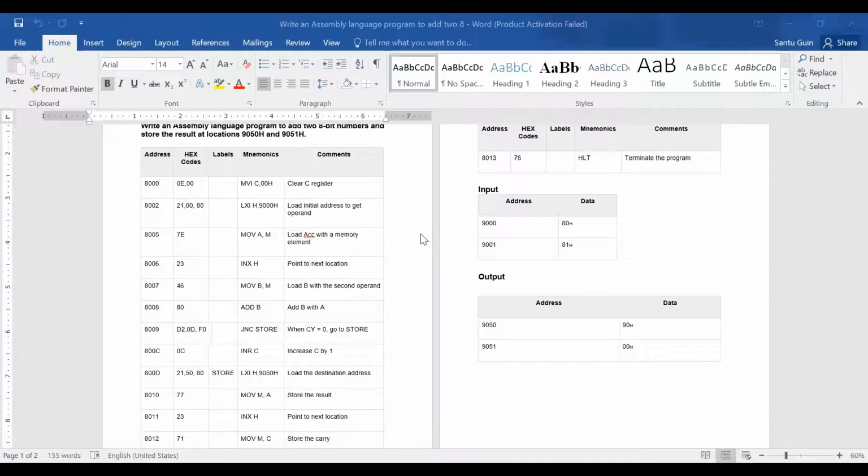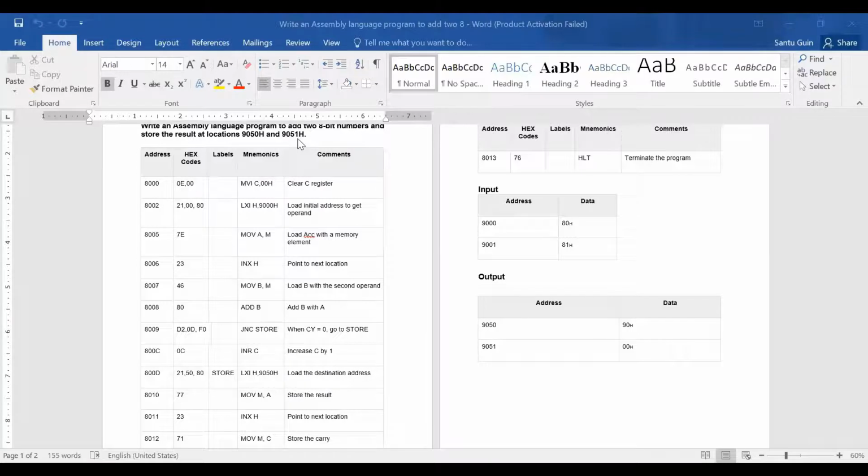But here, this is your general program by which you can add any 2 8-bit numbers. There may be a carry, may not be a carry, but whatever your result, it should be stored in some memory location. And here the memory locations are 9050 and 9051.